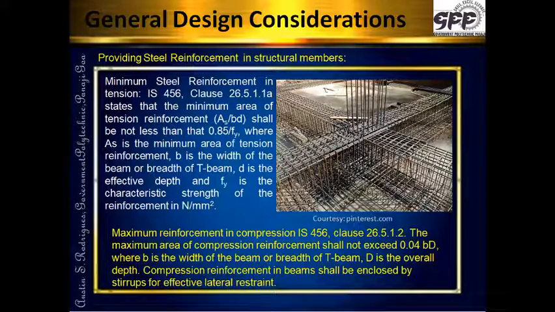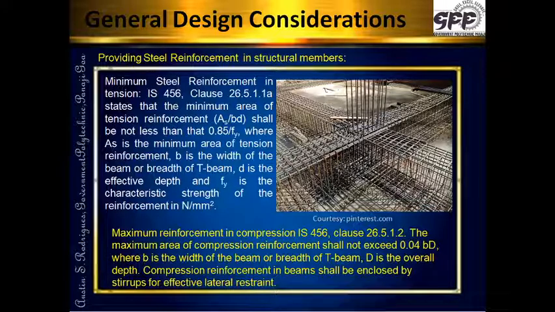May I inform you, 4% of the gross area, the amount of steel provided is huge. When we provide this much amount of steel, let me tell you, there is hardly any space for concrete to move in. Whenever we are doing the concreting, it is extremely difficult to do concreting. So the code has restricted the use and it has given up to 4% of the gross area. Preferably, I would suggest one should never touch this. Try to change the cross section or the type of steel or the type of concrete or the design, whatever, and check if this can be reduced, because 4% of the gross area, the steel is huge.